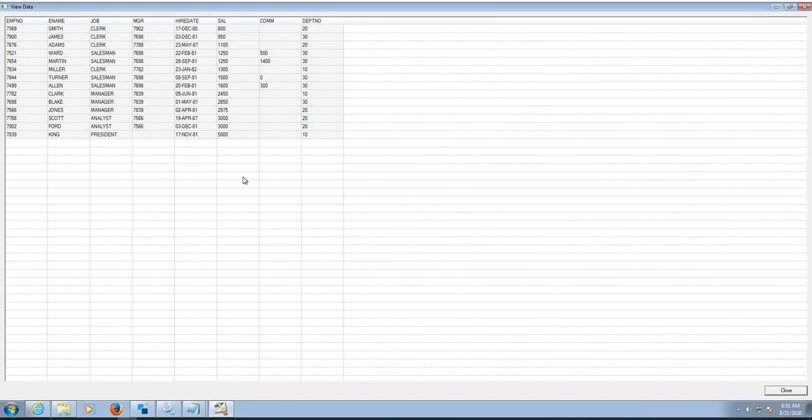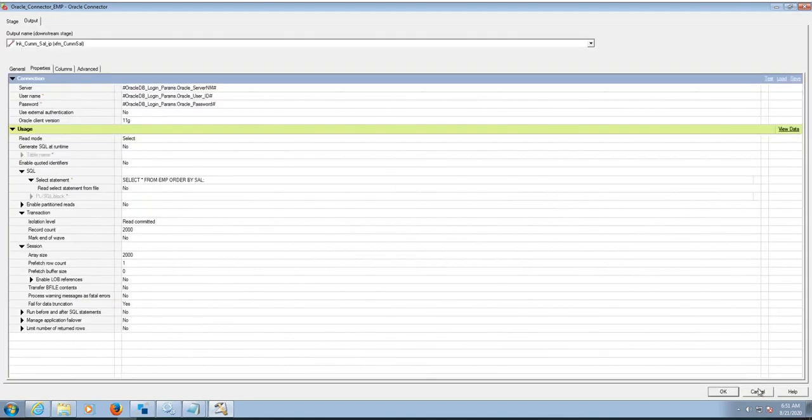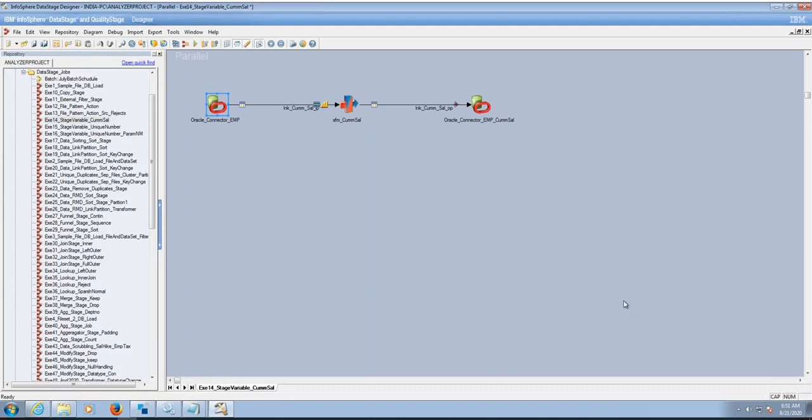So are you able to see the view data, right? Are you able to view the data, what is on the screen? Yes. Yeah. So it's the salary we have done in a sorting format. So our project is running on 2 nodes. So I don't want the records to be distributed. Whenever you are calculating the cumulative salaries, what we need to do is we need to keep the records in the same partition.